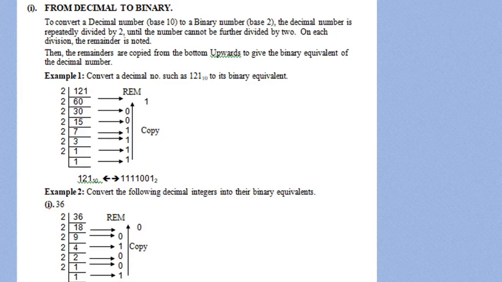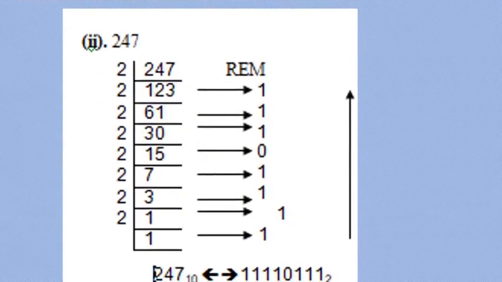Then you read from bottom to top. This is from the most significant bit to the least significant bit. Then you write that one as the answer. Therefore, that's how you convert decimal to binary. Then you can also look at this example whereby we are converting